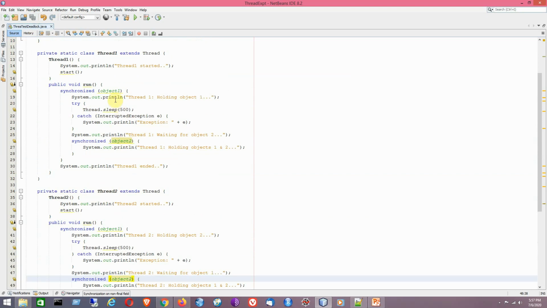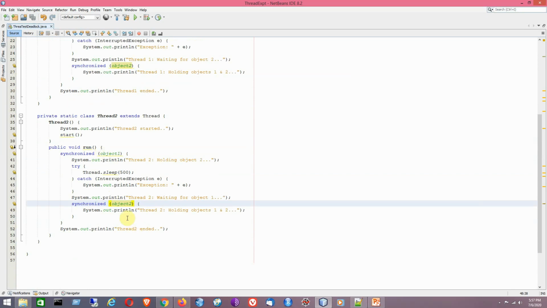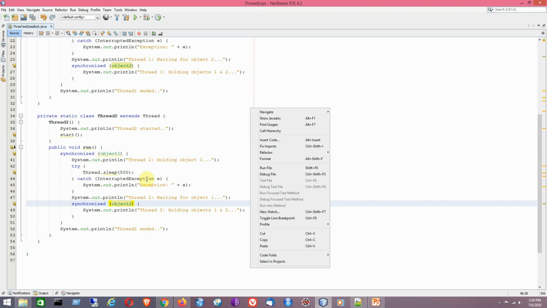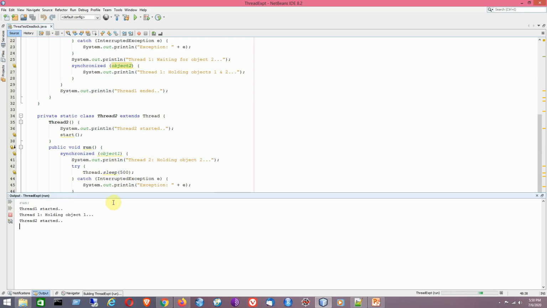So object 1 followed by object 2 in thread 1. Similar syntax is being followed here, in terms of obtaining locks or monitors with respect to the shared object. That concept is applicable to the shared object that we have already studied with respect to monitor synchronization of Java threads in multi-threaded programming. So now I have changed the order of the locks. Just see, now it's running smoothly. There is no problem. By just changing the order of the object locks,